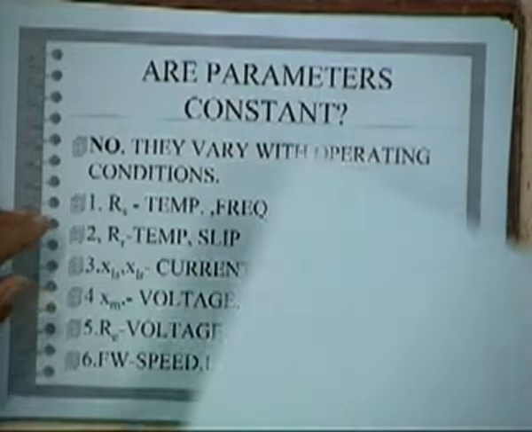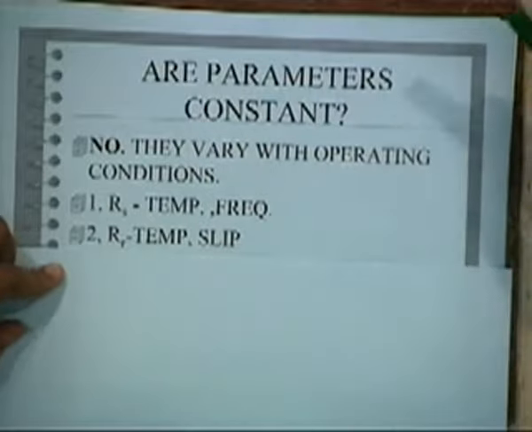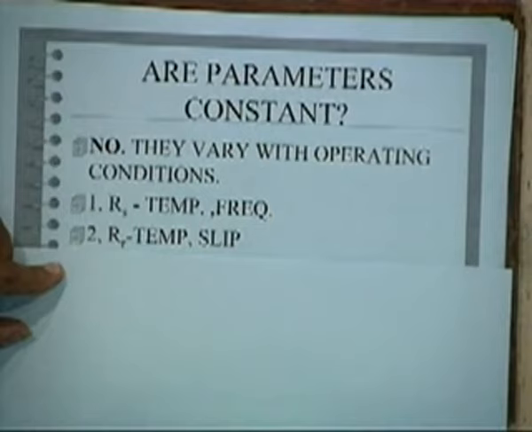Then the same thing with rotor resistance, the rotor bars; that will also be affected by temperature, because the rotor can withstand more temperature. If the bars or end rings are much hotter, the resistance is different. Then slip has a lot of bearing on it. The frequency of the rotor conductor depends upon the slip. If it is starting, it will have high resistance; at running it will be low resistance. So if you are calculating the performance at different speeds, your resistance may vary. Unless you take this into account, your calculations will be wrong to that extent. So this we should know.